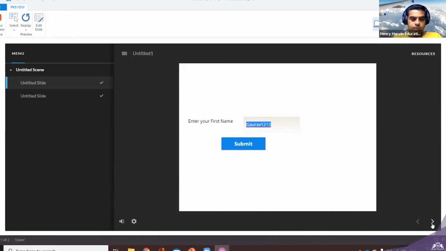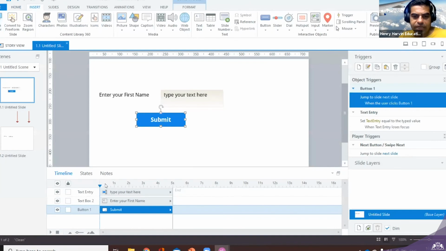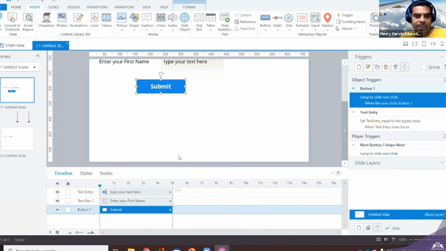Clear? Yes. So that was a small question in between from Gaurav, Vignesh. We were writing button 1 here, whatever button and everything you are creating, everything will come on your timeline. Suppose I just change it to submit. You can check it out, the change is also here. First it was showing as button 1, but now can you see I just changed this name to submit.